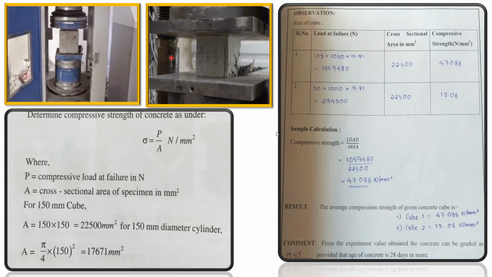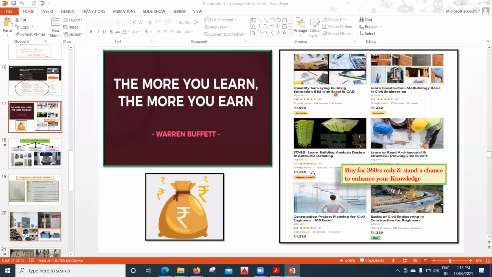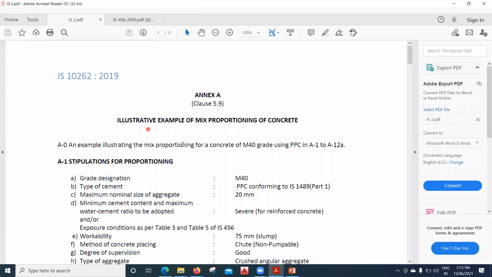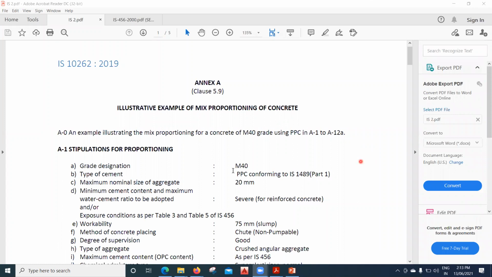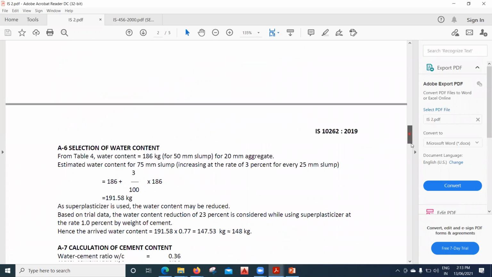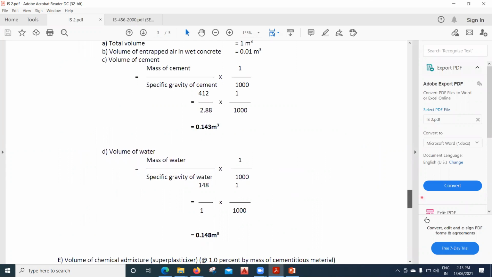Now the main question is: how do you decide the grade of a concrete, whether you have to take M20, M25, those things? For that, even before we start with the work, we have to do the mix design. Anyhow, we'll be taking up this mix design in Chapter 3. But as of now, let us say I want to prepare M40 grade of concrete. For M40 grade of concrete, we'll do all this calculation, how much coarse aggregate, how much fine aggregate is required, and finally we come to a conclusion that